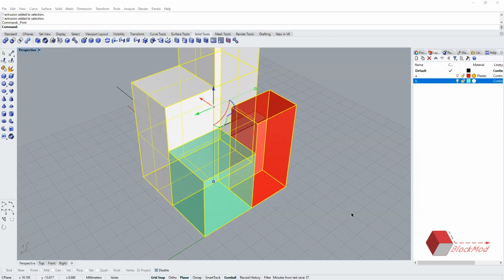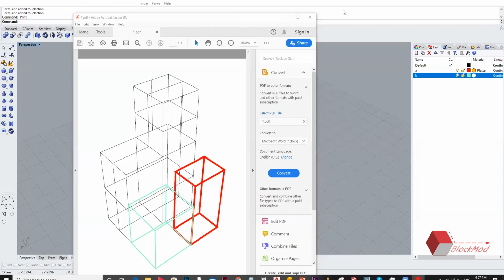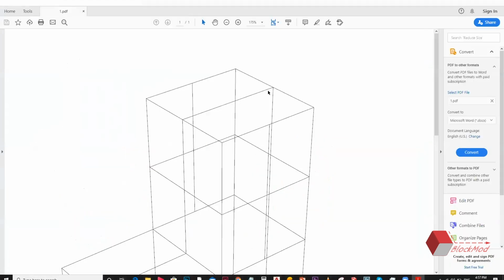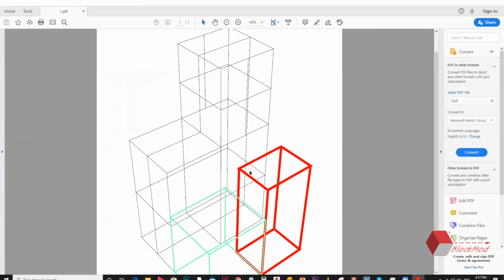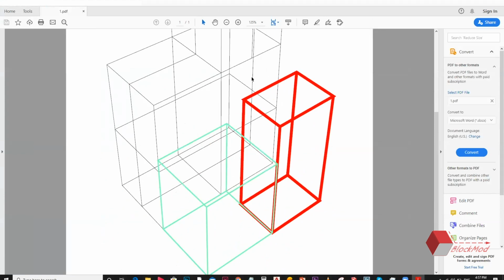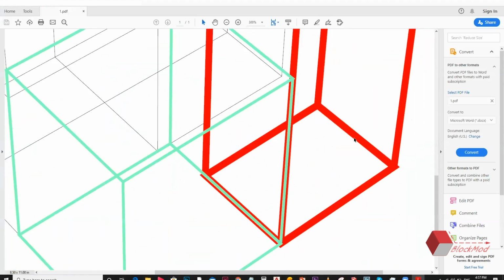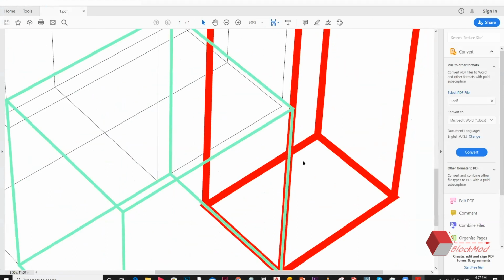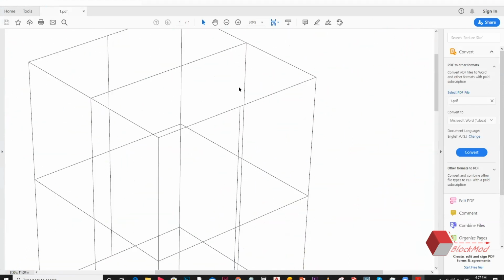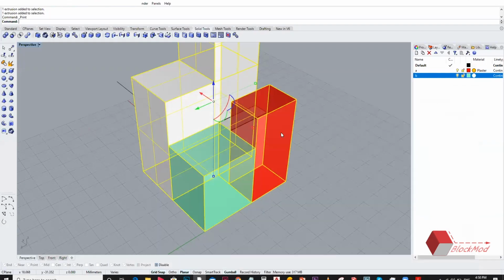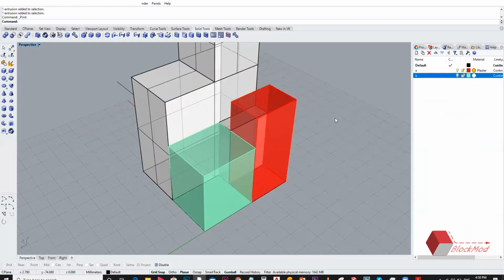Can you just select? There you go. Okay, yeah. See this? I can see the line thicknesses that the software has assigned to both these groups and what is there behind.